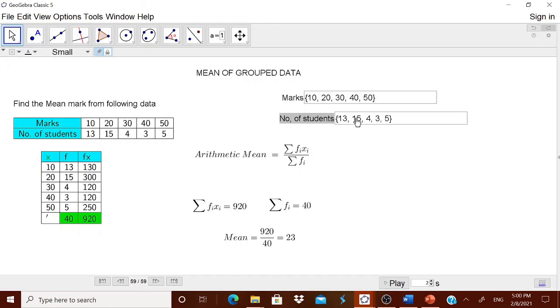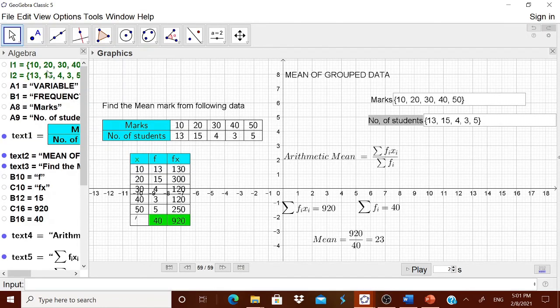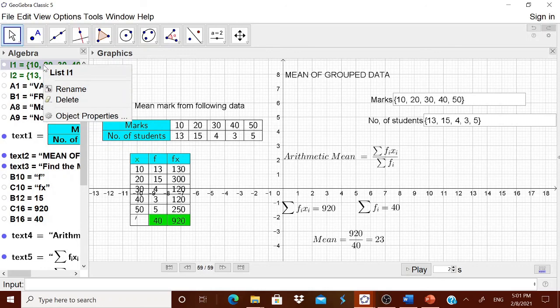Therefore, by making use of a single worksheet, you have control over the values and control over the frequencies. But the only thing which you have to remember is, in this worksheet you can do changes only for 5 entries as a variable and 5 frequencies. If you want to do the problem for more than that, then go back to the original problem, change L1 and L2. For example, here in this graphing, you have this L1, you have to go for it. The list you have to change, list you have to add. Then in the Excel worksheet also you have to do the corresponding changes.